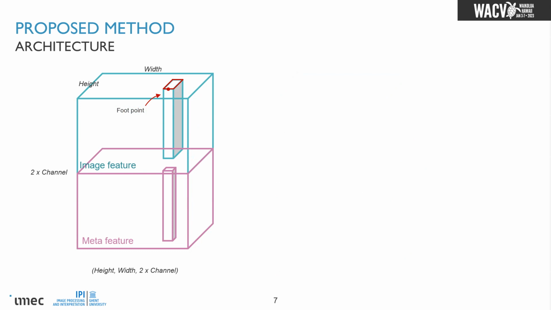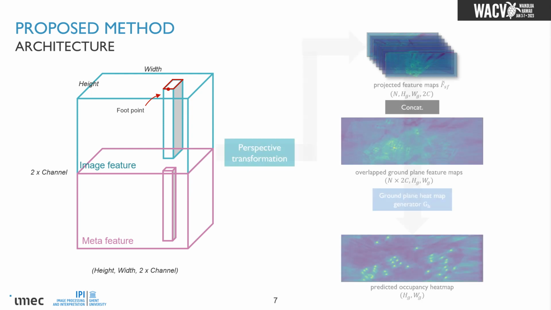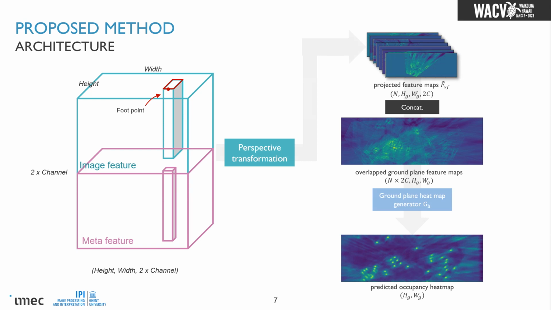Like this, the shape becomes height, width, and 2 times channel for a single view. We apply this to every single view image and then perform the perspective transformation. After the perspective transformation, the projected features will not only contain the original features, but also the projected meta features. Then we perform the ground plane detection on the overlapped feature maps to